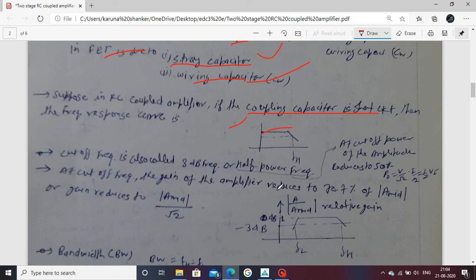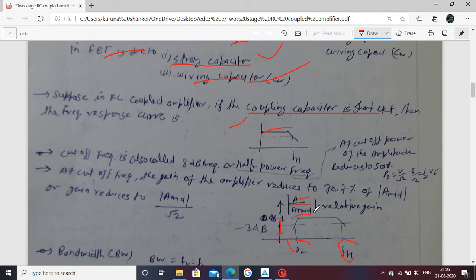Also a few points in the frequency plot. This is your graph of frequency versus gain. Here you see the lower frequency region and the high frequency region. This is the relative gain. Relative gain means maximum gain upon emit gain, both divided, taken in magnitude. Means the maximum value is 1. After 1 the values decrease. Suppose the values are 0, 0.1, 0.2, 0.9 and 1.